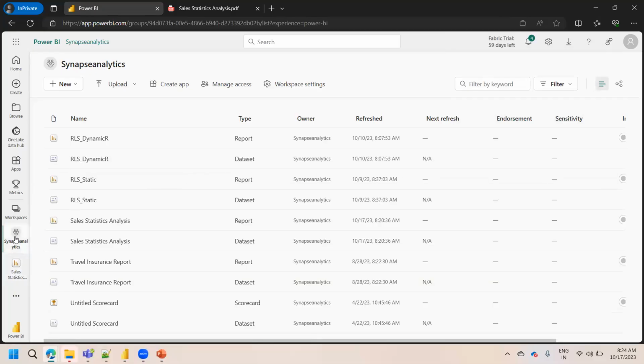If you're observing something on the left hand side, Synapse Analytics, what is this? You are observing the top as well as on the left hand side. What is this? It's a workspace, okay? Sales Analytics is a workspace, a repository area where your report as well as dataset will